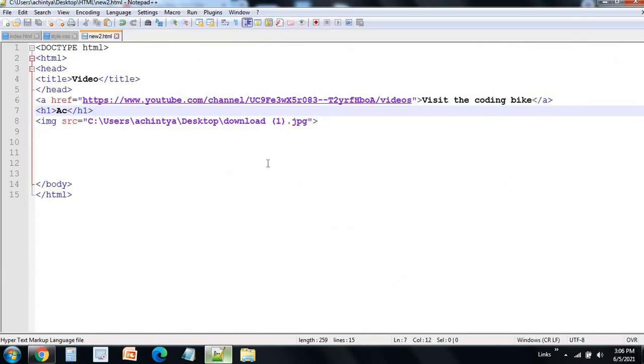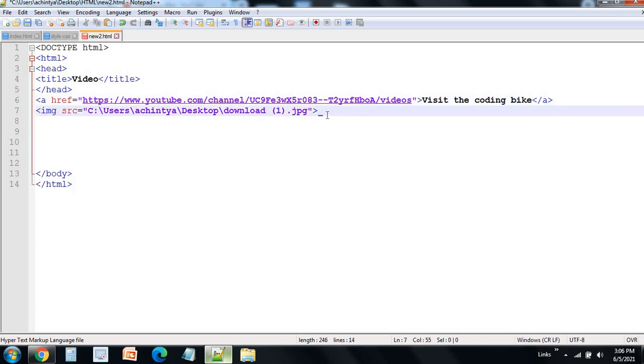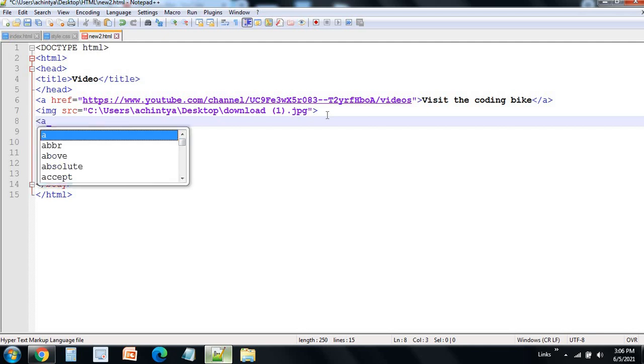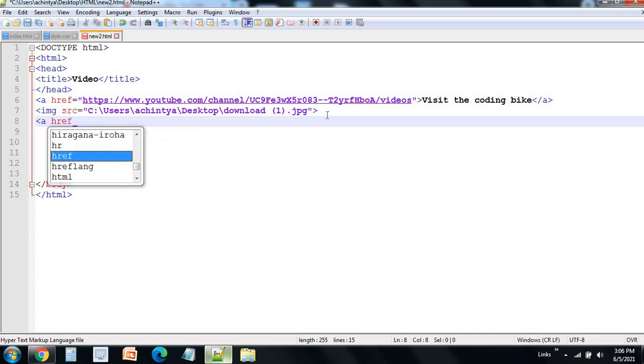First of all, for doing this you are going to require an anchor tag. Give an enter if you have started, or else you can start writing after the head. Now give an angle bracket, a, href. Make sure you don't make any spelling mistakes. Now an equal to and a double quote. It is very important that you close this double quote, otherwise this link is not going to appear, and your text is not going to appear either.